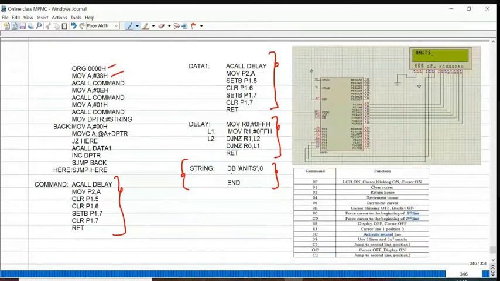Previously we stored some hexadecimal values in the lookup table. Similarly, we can give it like this also: DB, single quotes, whatever you want to display. We can read one letter, and the corresponding ASCII value of that letter will be transmitted through the data line to the display.